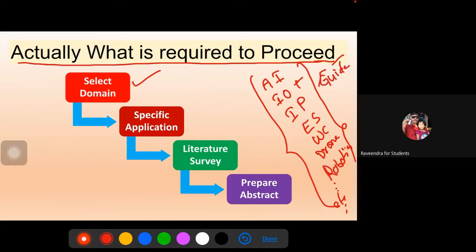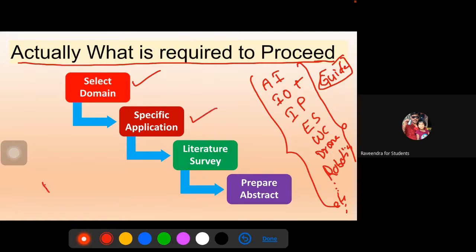You have a thorough discussion on this, and then first select the suitable domain, and after selecting the suitable domain, come to a specific application in that particular domain. So how to select that specific application? For that, we need some softwares and hardwares required to do the project in that particular area or domain of interest. For example, if you are doing IoT based or Python or embedded C related projects, we need Python